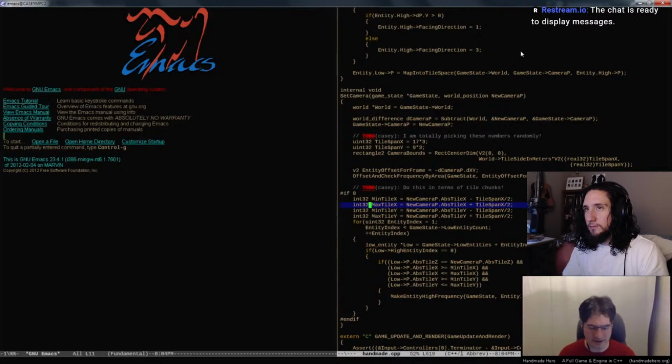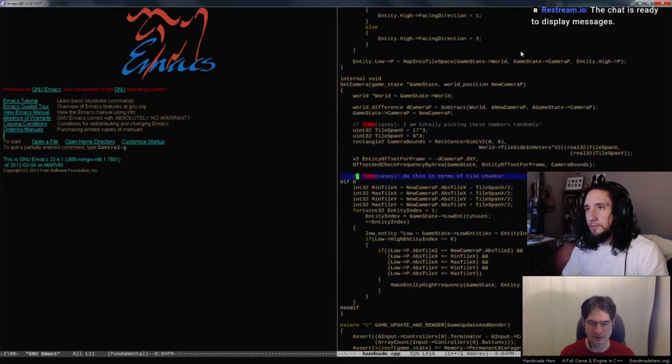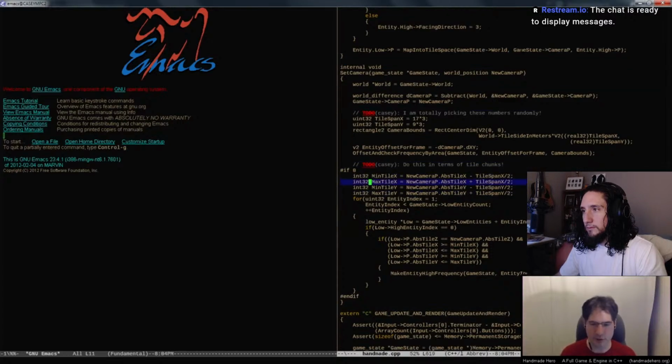And so what I need to do is actually write this now using our spatial partition, because it's exactly things like this, which are spatial queries, that are supposed to be accelerated by our partition. So now is the time when we have to start actually using that and doing some real stuff with it. Previously, we just looped over all the tiles in the world that were inside our camera's radius, and then we said, okay, anything in that range of tiles will now come into the working set.